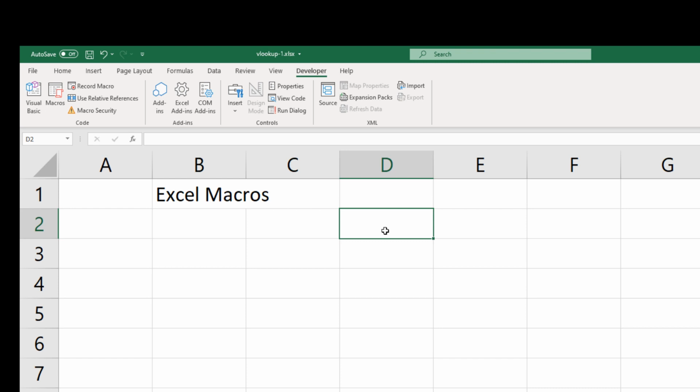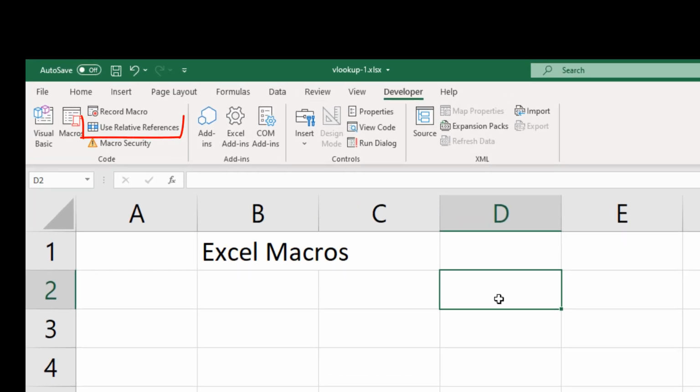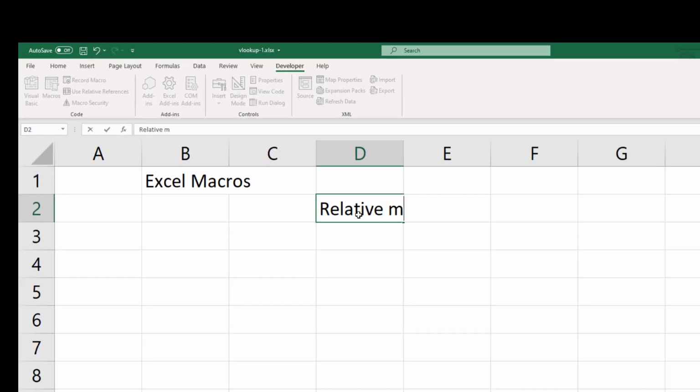Most of the time we use the first type, that is relative reference. Relative macro is a macro that can be recorded in one place and applied in another place.